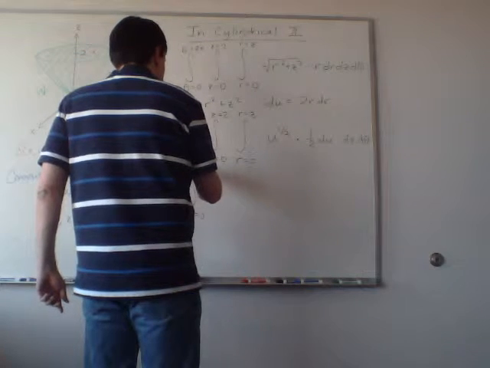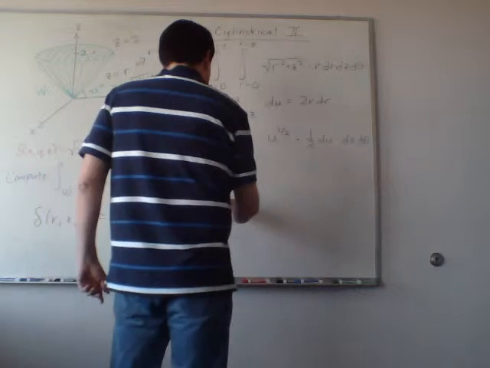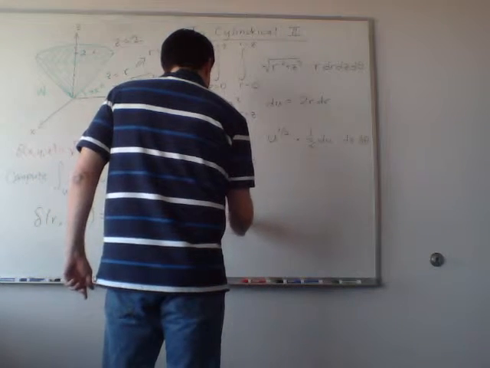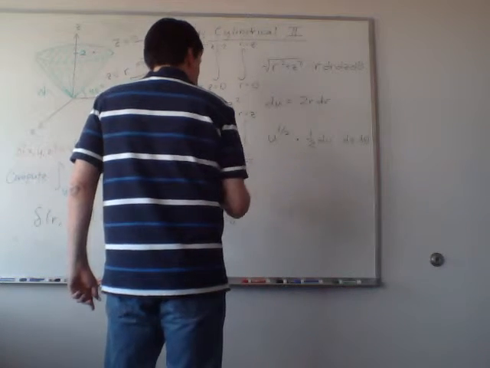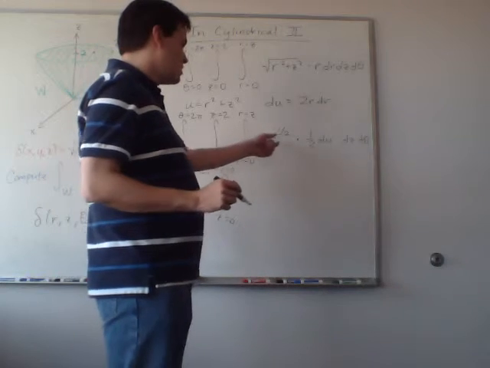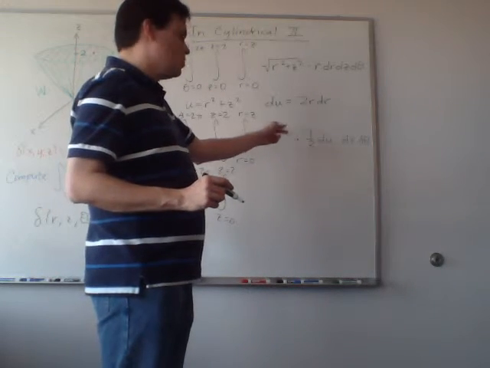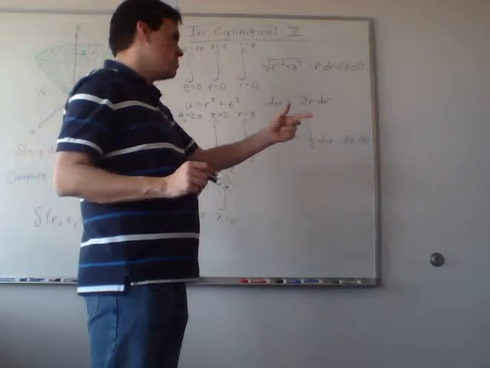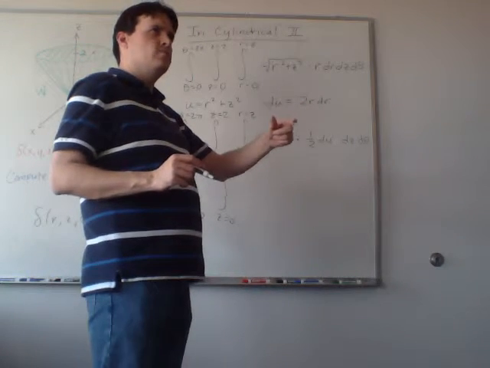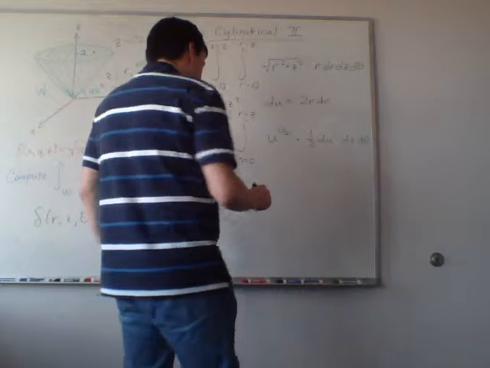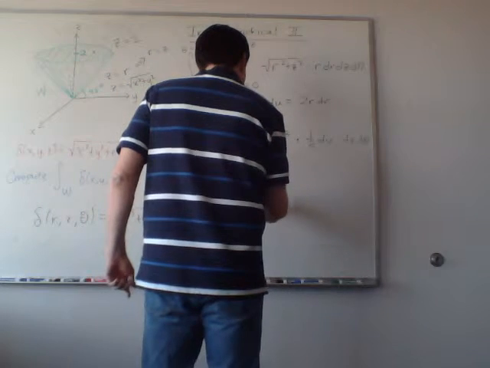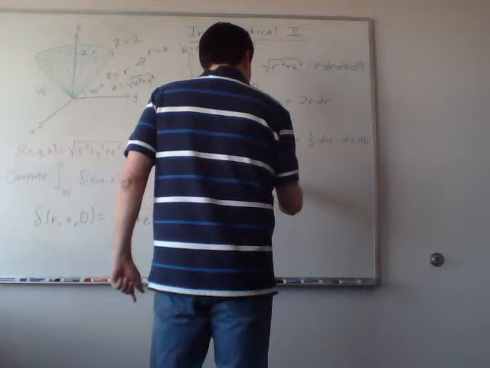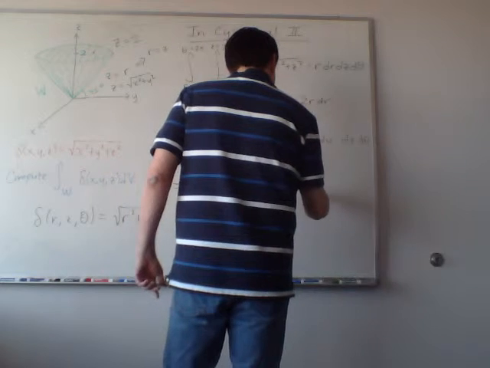Still got theta going from 0 to 2 pi. Still got z going from 0 to 2. I think now I'm ready to go ahead and try integrating this. This is u to the 1/2, so its integral is going to involve a u to the 3/2 somehow, but I also need to multiply by the reciprocal of 3/2, which is 2/3. So I think what I'm going to have here is 1/3 u to the 3/2